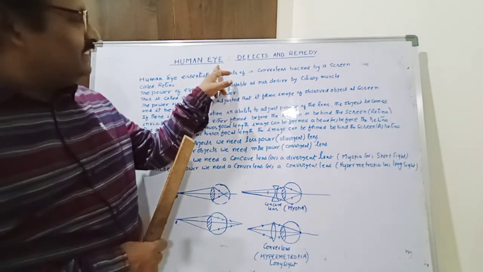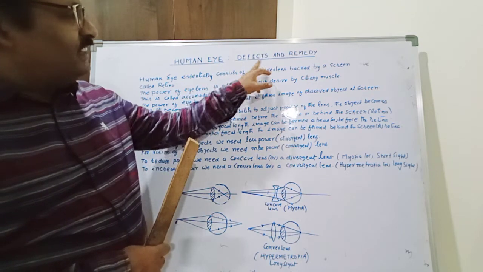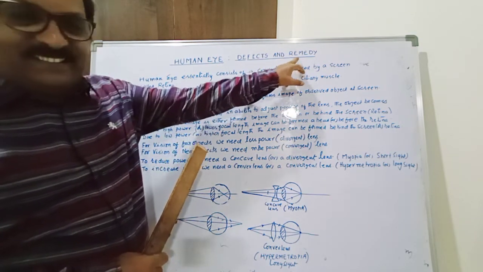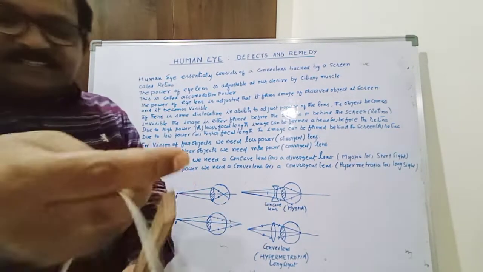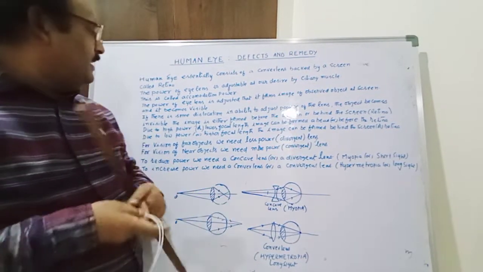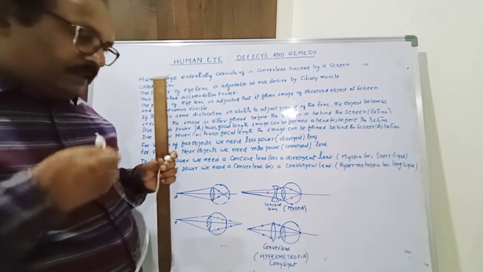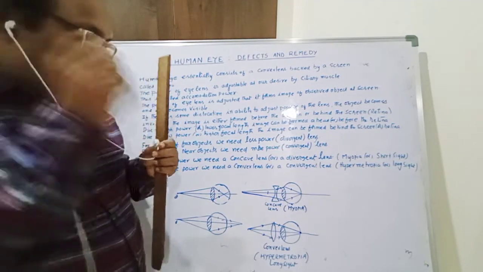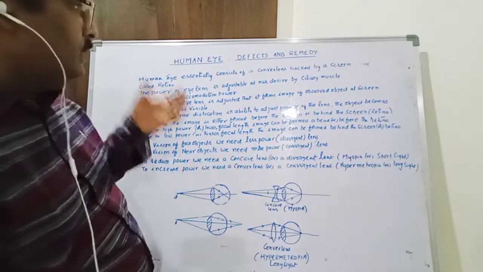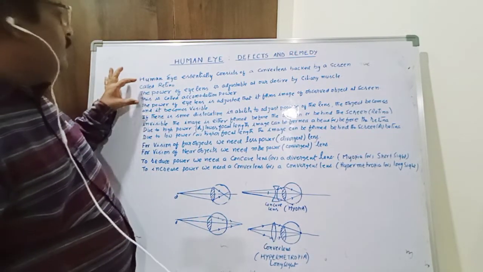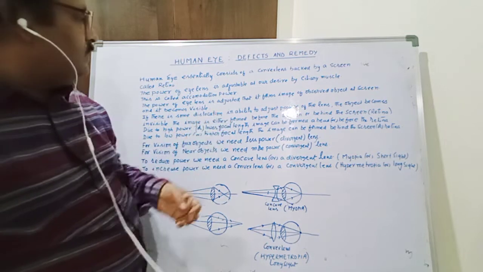Human eye, defects and remedies. Defects and remedies can be discussed in case of the human eye. Already we have seen a video regarding the structure of the human eye, and the basic important points in that are: